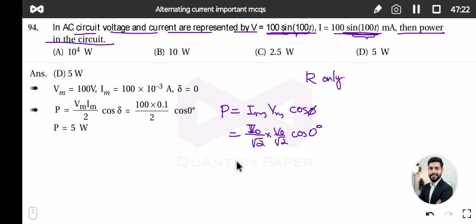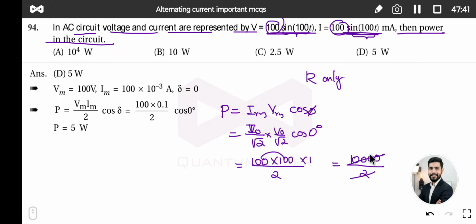So I naught is 100, V naught is also 100. So 100 multiplied by 100 upon root 2 into root 2, which is 2, and cos 0 is 1. So 100 into 100 is 10000 upon 2. If we cancel out, 2 fives are 10 and the remaining 3 zeros. So the answer is